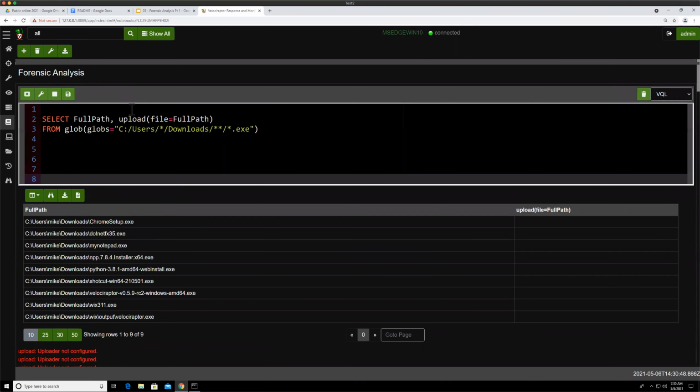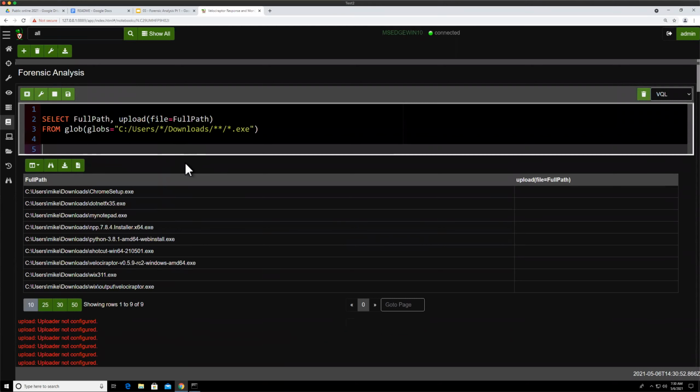And the reason is that the uploader does sort of the right thing depending on context. But let me show you how to actually do it. The idea is that you develop the VQL up until the point where you wanted to upload it, and then you create an artifact, and then you collect it. So let's create a new artifact,